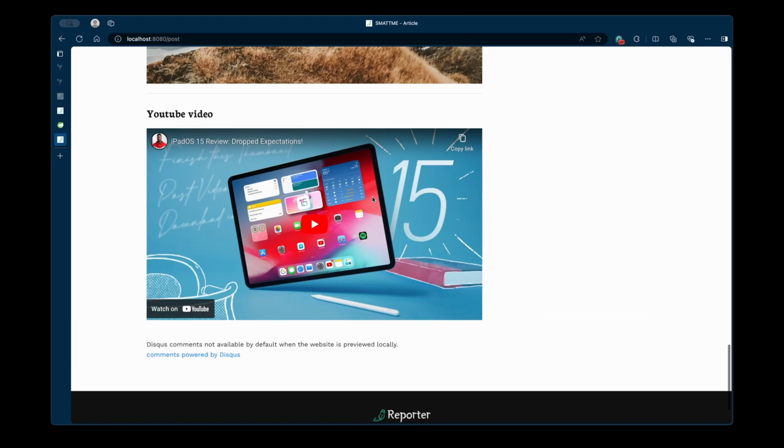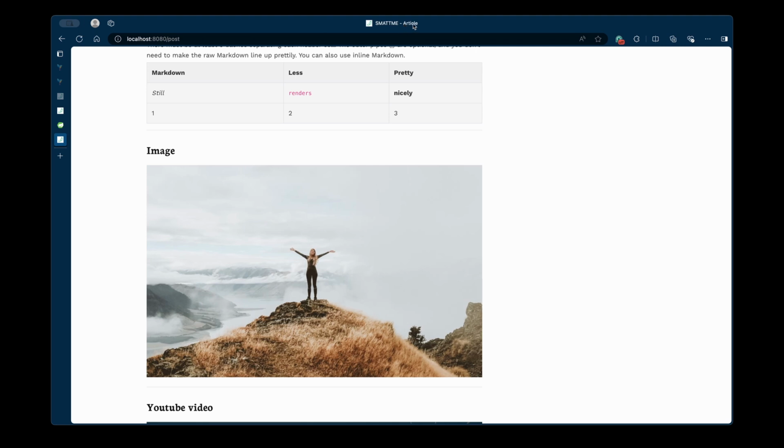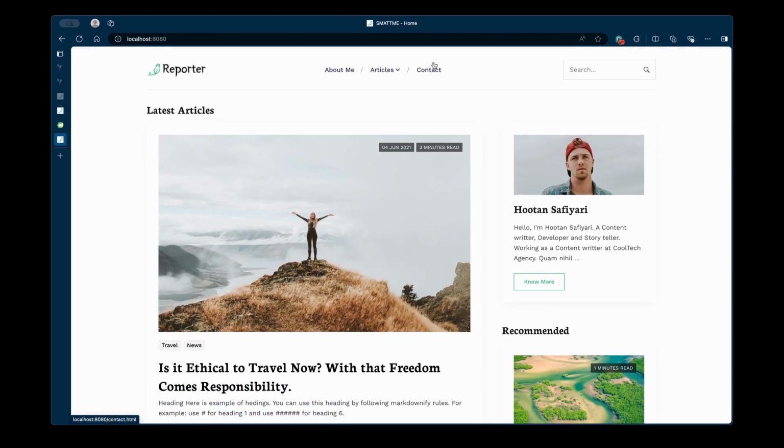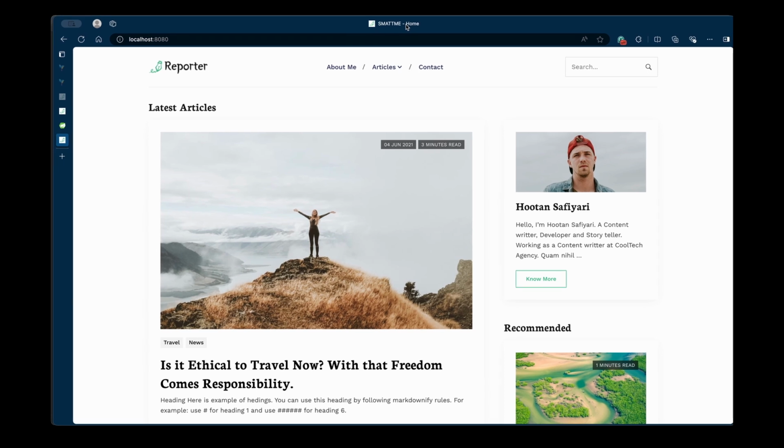So if we reload this page, now you can see it's Smart Me article, right? And if we go to the home page, you can see it's Smart Me Home, right? You can see it here. All right. That's it for today. So in this video, we have seen how to convert and use an existing HTML template